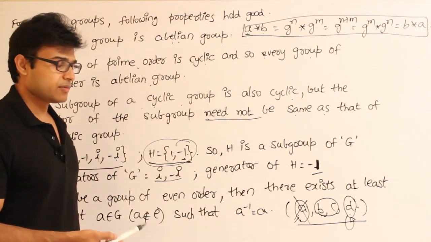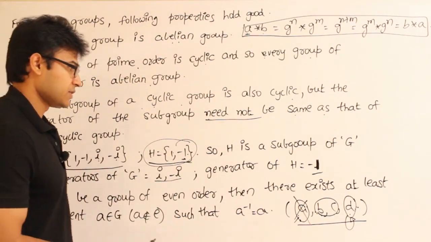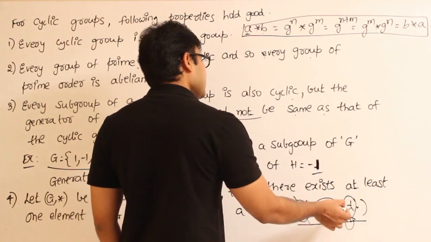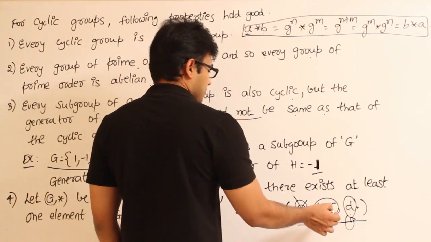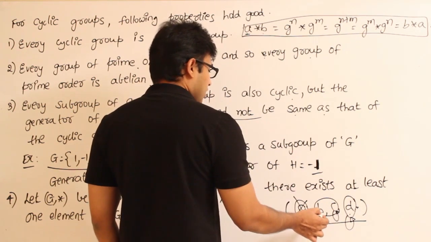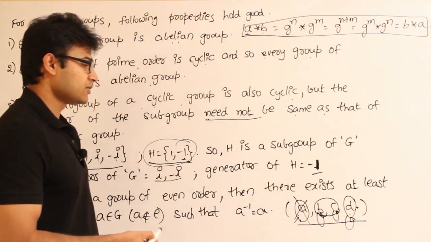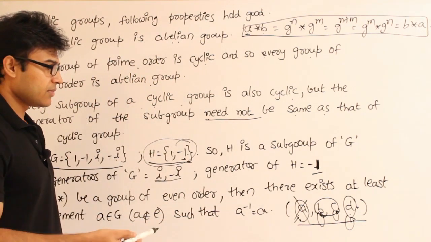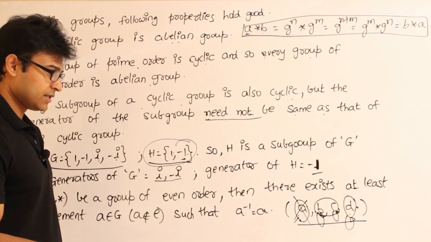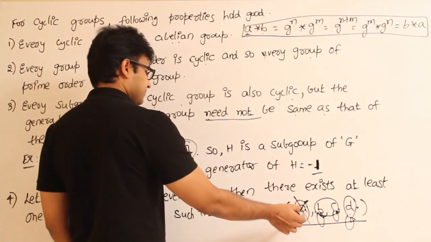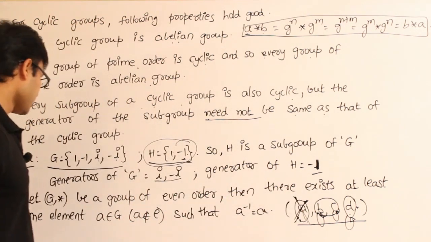So it doesn't mean that there will be exactly one element. That is not what I am saying. There will be at least one element which is inverse of itself. Along with that, there might be other elements as well, which means C may be inverse of itself or B may be inverse of itself. And one more thing we can say is the number of elements which will be having the same inverse as itself will be odd, other than this identity element. Got it? Just see this point.